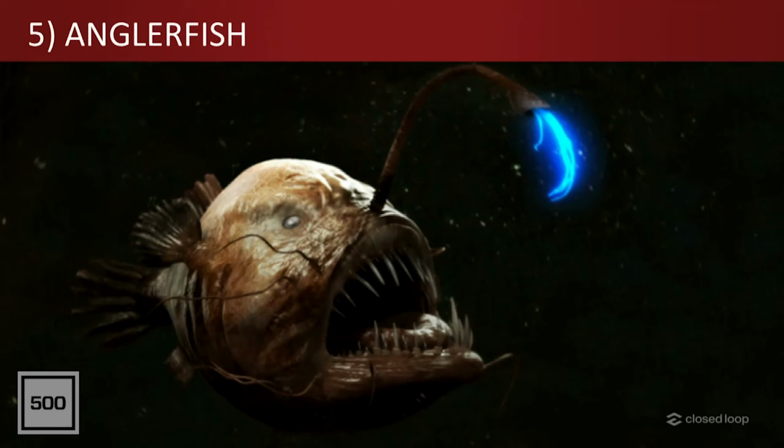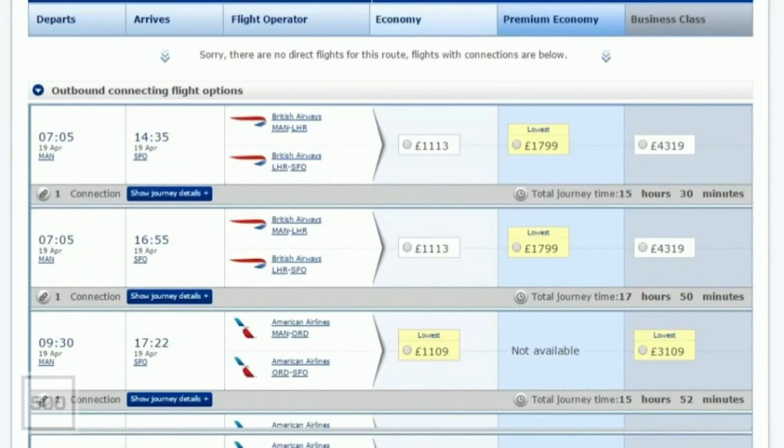Last pattern, I call the anglerfish. The anglerfish resides in the depths of the Marianas Trench, very deep parts of the ocean, right? And has this device that hangs off its head that makes it look like something that little fish want, but they don't. And that's the anglerfish pattern, right? It makes something that looks like something you want, but it is actually something you don't. Best example of this, British Airways. Who can spot the problem here?